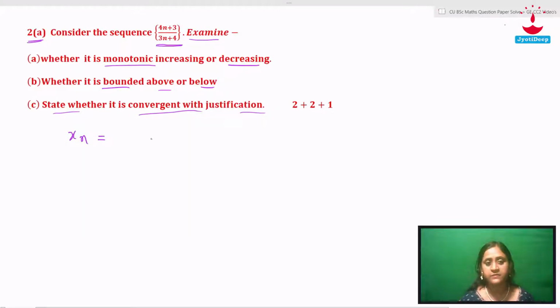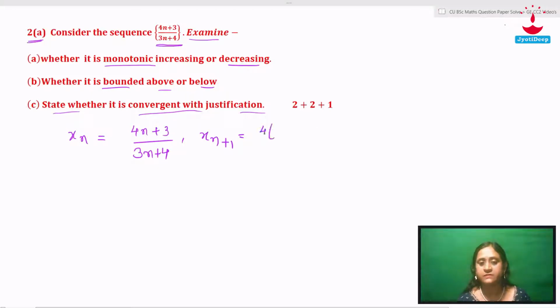Xn is equal to, দেওয়া আছে দেখো, (4n plus 3) divided by (3n plus 4). Okay, so we can write xn plus 1. What will be xn plus 1? It will be 4 into (n এর জায়গায় n plus 1 বসিয়ে দাও), plus 3, divided by 3 into (n plus 1) plus 4. Okay,